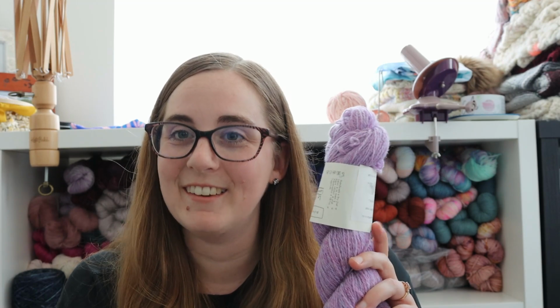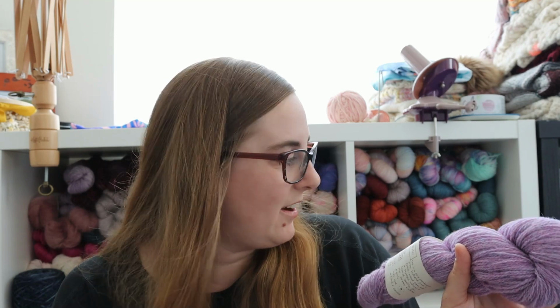I downloaded it. It is a paid-for pattern, so I can't reveal everything about it. But as I was reading through, I did download it recently. There's a lot of different needle sizes that are used in this pattern, and typically I am a tight knitter, which means I typically have to go up a needle size, which actually works to my benefit in this case because this is fingering weight yarn, and the recommended needle size for this is 3mm or 3.5mm, and I typically